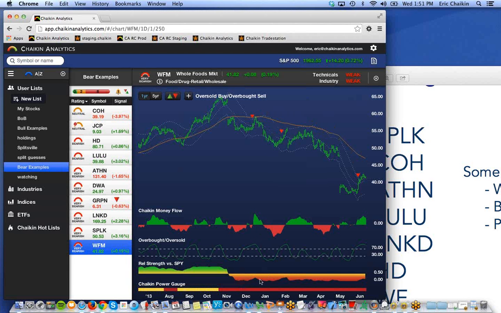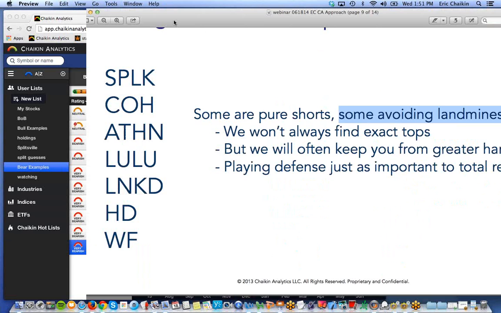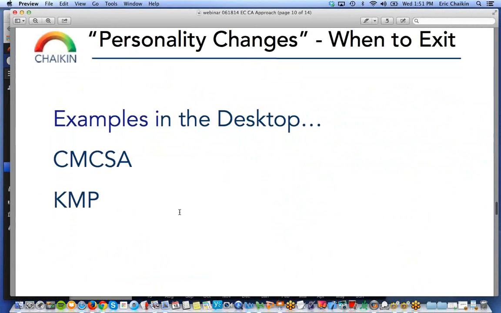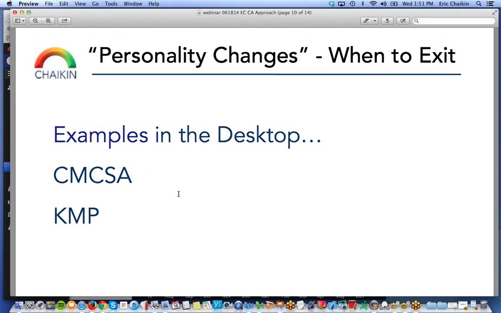So okay, that is just a crash course in 8 or 10 examples on each side that reinforce the basic approach. For some, that's review. We do have a lot of new customers, so hopefully that's just reinforcement. We get a lot of questions about, okay, well, for stocks that you've been bullish on for a very long time,